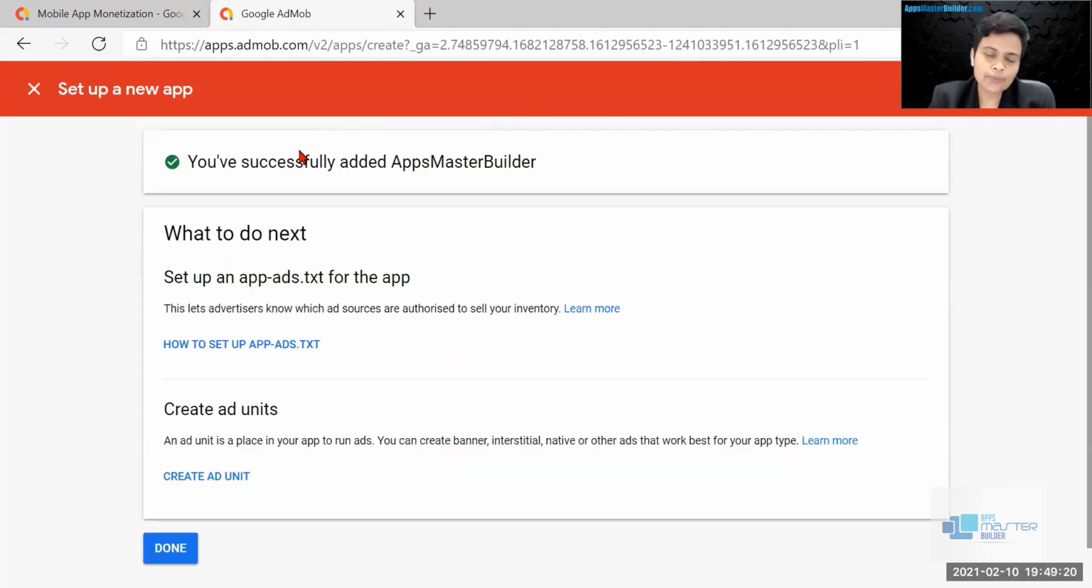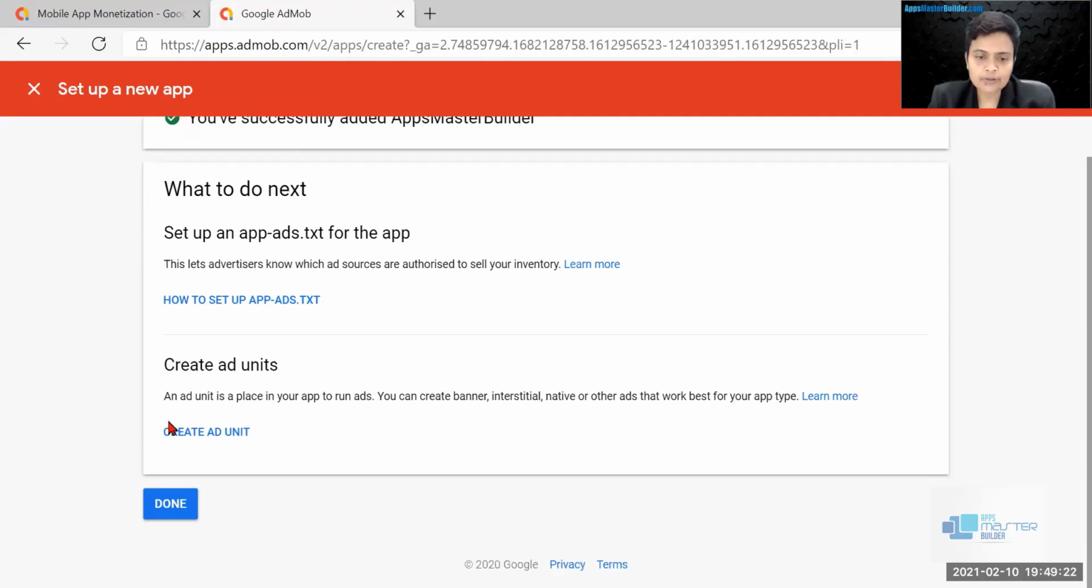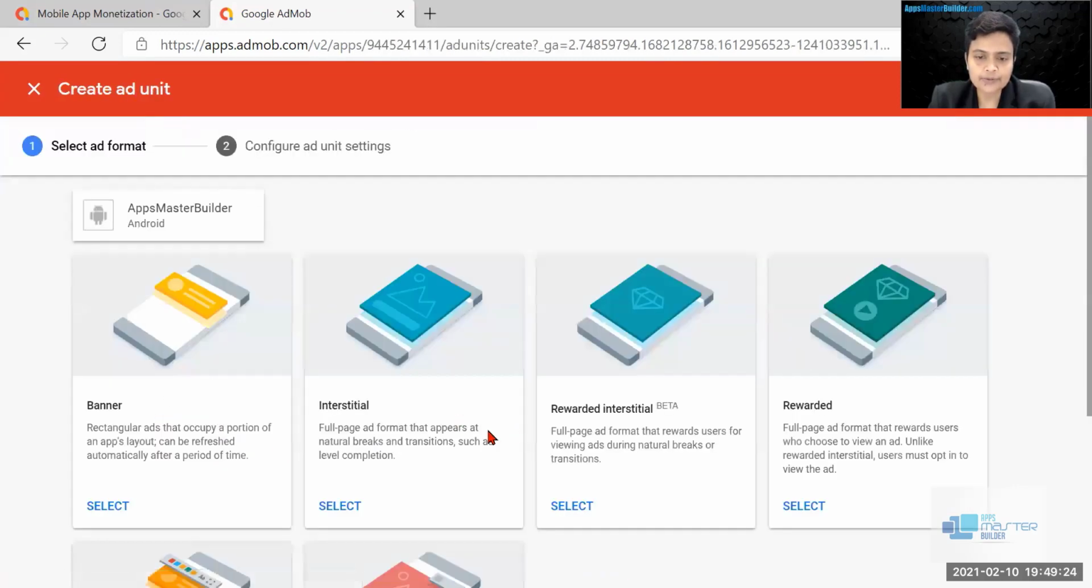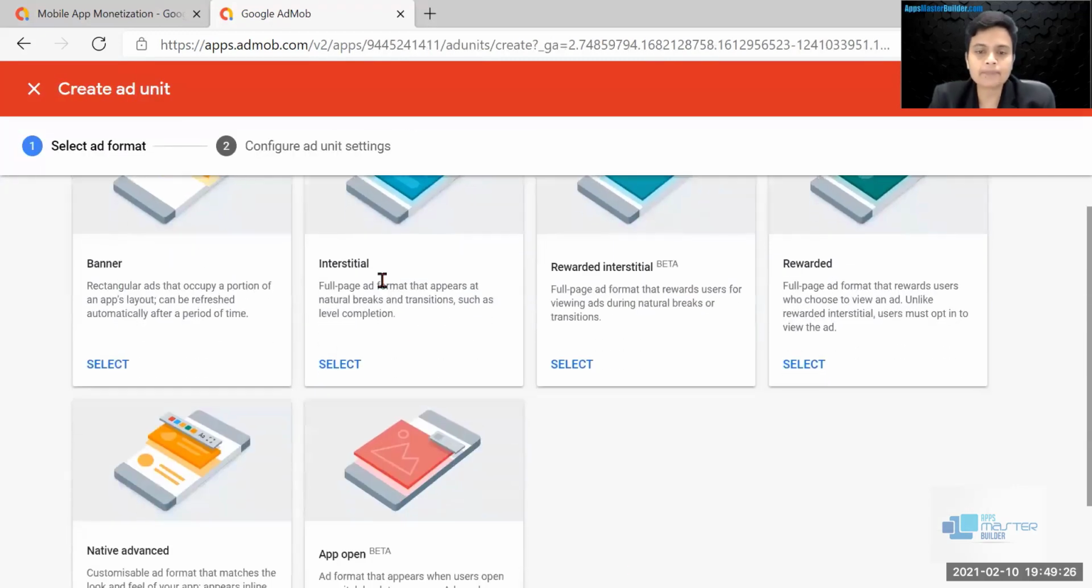All right, so how do we pick up this? We are going to click here, create ad unit, and we're going to pick banner and interstitial. So what I'm going to put here: app name is Apps Master Builder. What we're going to pick up is the Admob app ID. And we're going to put Admob